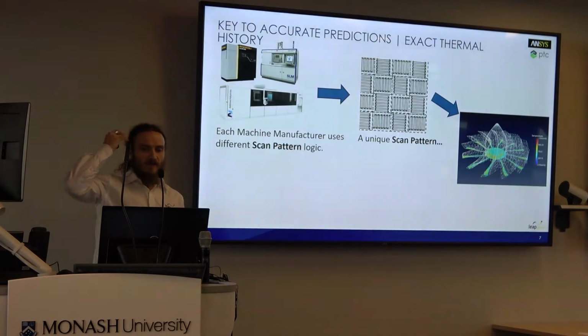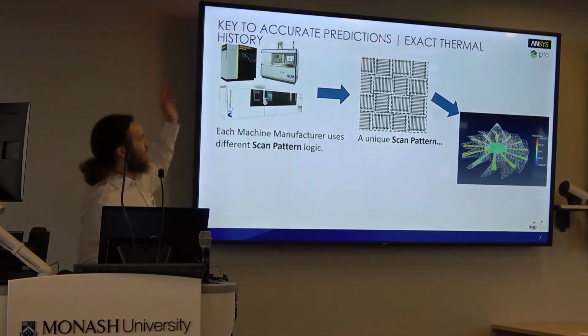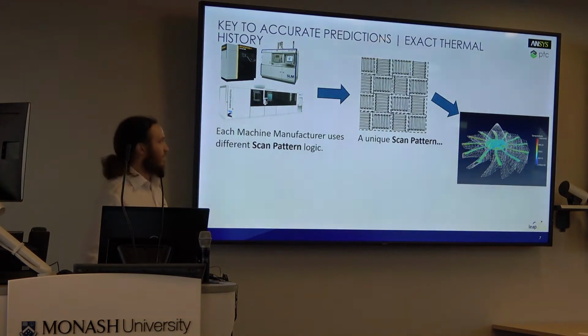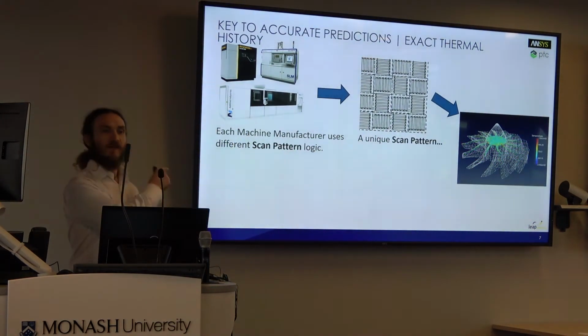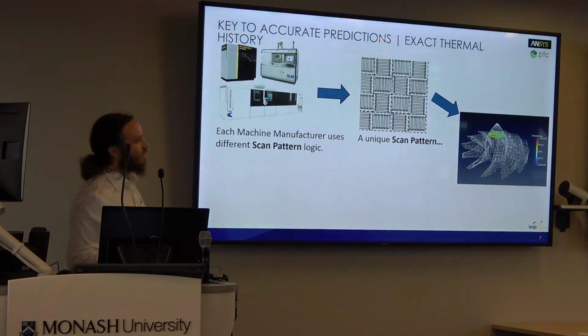So one of the things that these ANSYS tools do is they can take the scan patterns from a particular printing machine. So here we have a bunch of printing machines. All the printing machines have their own particular scan patterns. So these are some scan patterns that you see. Basically, it's the pattern that the laser follows to melt the powder. And if you want to get an accurate thermal history of the printing process, like you can see here on the right, you need to know